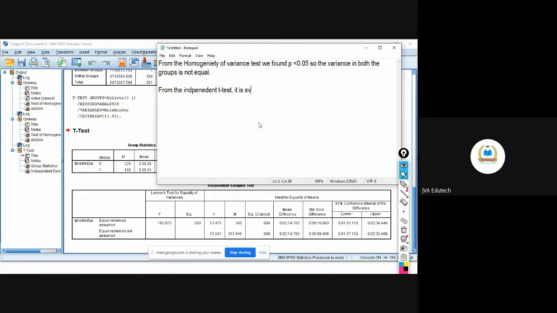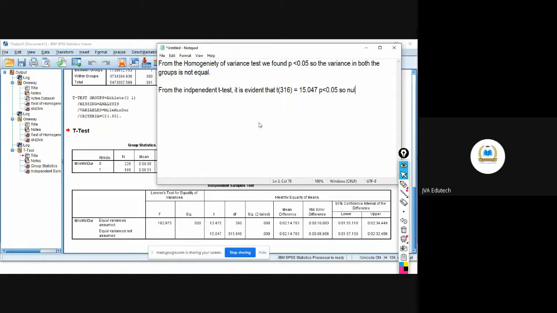it is evident that the value of t, what is the degree of freedom in this case? 315.84. So the degree of freedom cannot be in decimals, right? So you have to write it as 316, right? t is equal to 15.04, p equal to 0.047. At this, the value of p is less than 0.05.